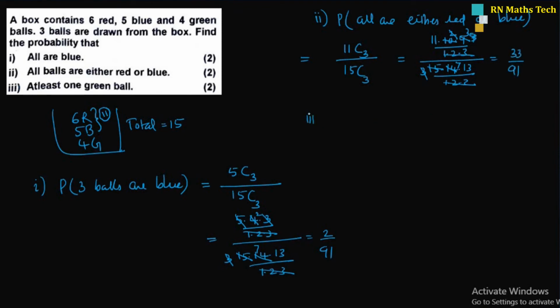ഓക്കെ, നൗ തേർഡ് പാർട്ട്, at least one green. At least one green means P of at least one green. ഈ at least oneൻ്റെ കാര്യത്തിൽ എപ്പോഴും ശ്രദ്ധിക്കേണ്ടത് 1 minus P of no green എന്നാണ്. at least 1 എന്ന് പറയുമ്പോൾ 1 1ൽ കൂടുതലോ ഗ്രീൻ ആണ്. അപ്പോൾ ഒരു 1ൽ നിന്ന് ഗ്രീൻ ഒന്നും ഇല്ലാത്തത് മൈനസ് ചെയ്താൽ മതി. ഓക്കെ, ദറ്റ് ഈസ് 1 മൈനസ് നോ ഗ്രീൻ